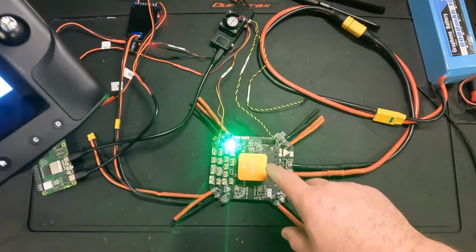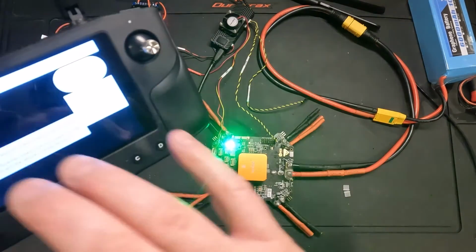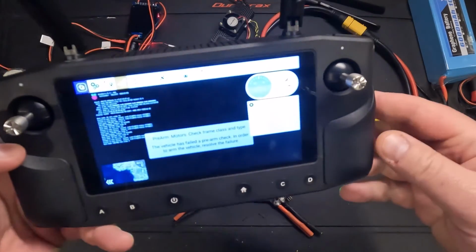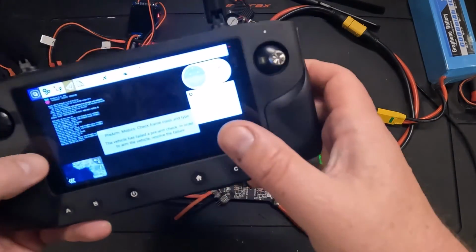The flight controller will send its telemetry data through the air unit. HDMI signal also goes through the air unit. It will stream back wirelessly to this controller, and this thing has an access point that will forward that information or allow you to connect to it over the Mavlink protocol from your computer. So what I want to do,